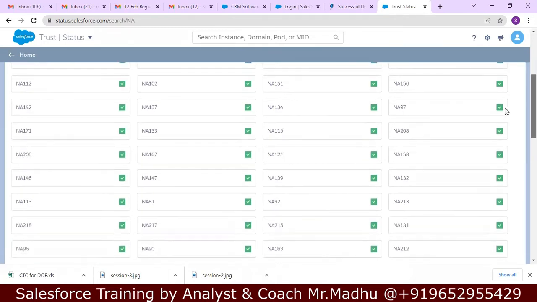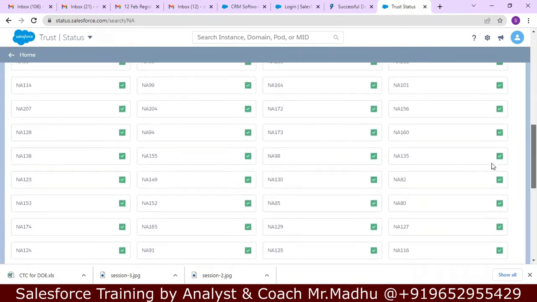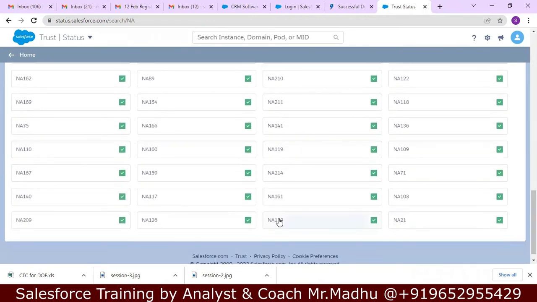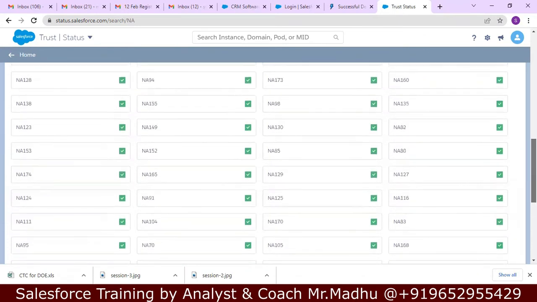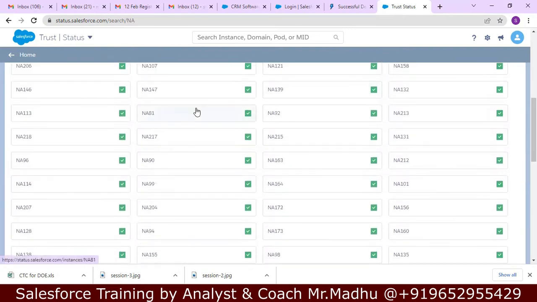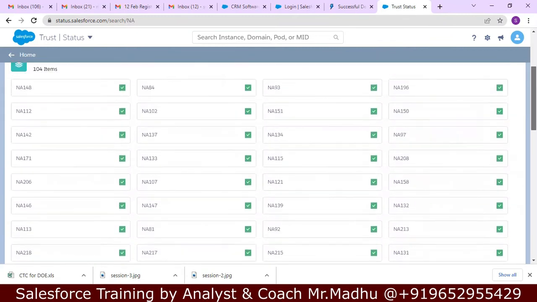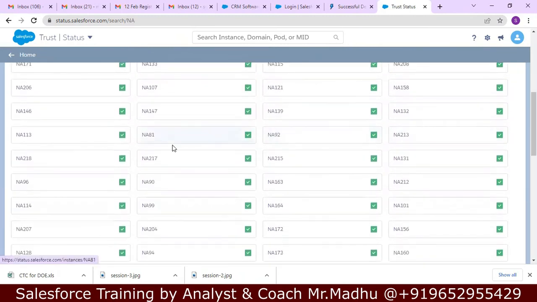Check for the highest number otherwise. The highest number I see is 218. Here you can see. Check whether anything is more than 218. It is the highest number.